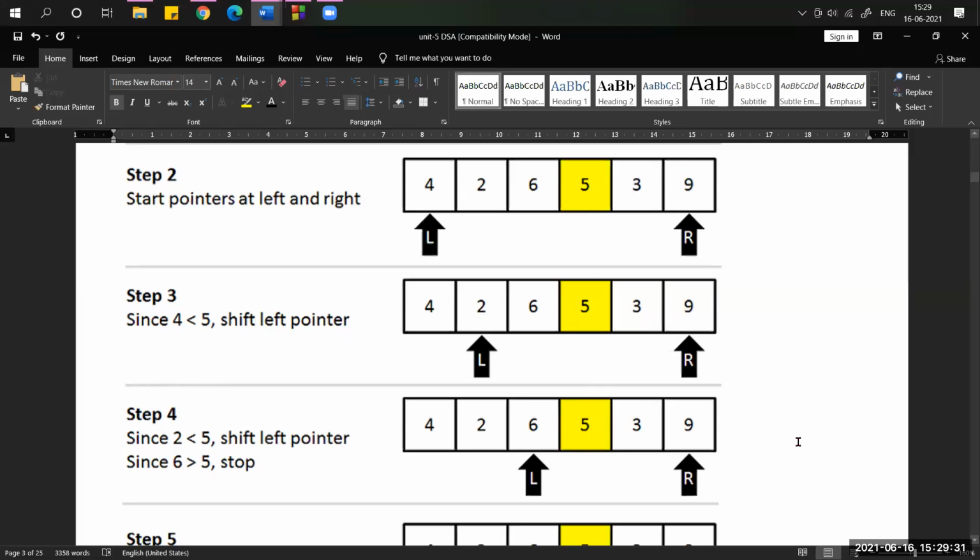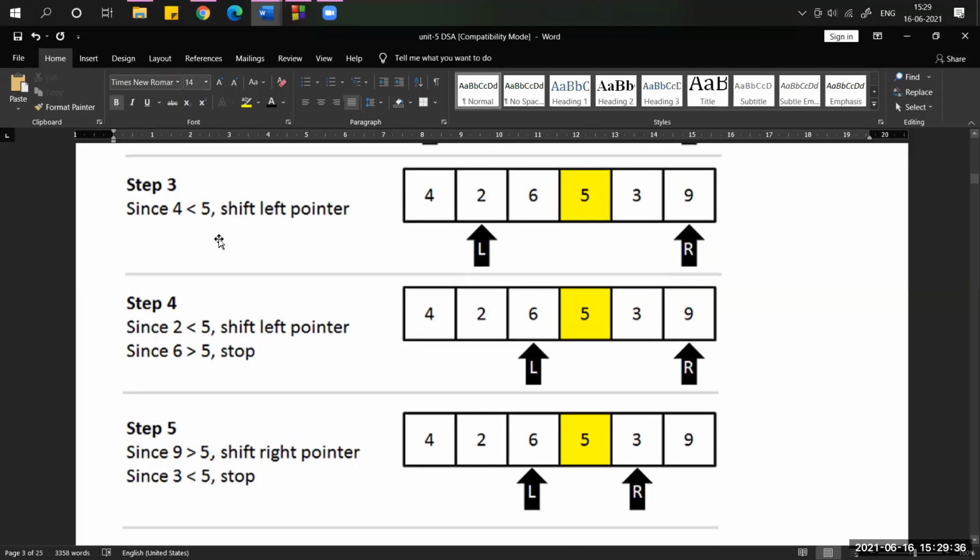Now from the right pointer we have to start. On the left side we check less than. Now just the opposite, greater than. Every time you have to compare the element with the pivot element. If you are checking the right side, it must follow the condition greater than. So 9 is greater than 5, our pivot element. Yes, so move to the right side, which means we are decrementing. Here it is pointing to the fifth location. Now it has to point to the fourth one.